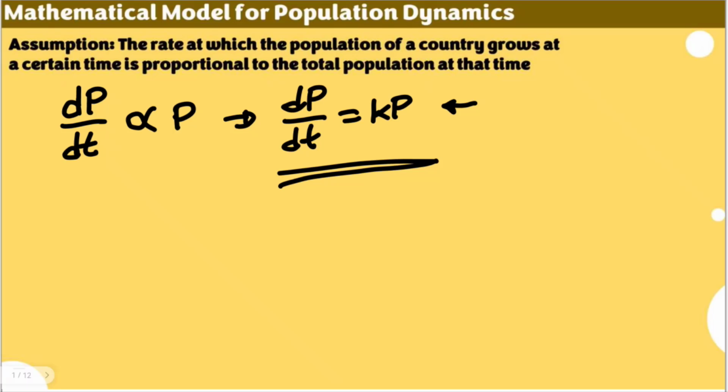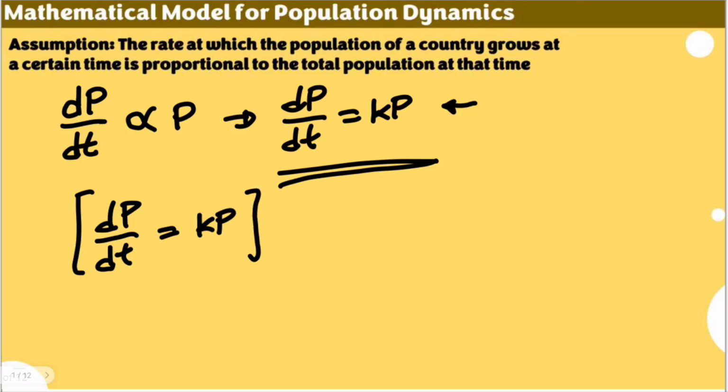Basically, if we talk about a formula for finding the population of a certain group or country at a time, we are actually computing the population P with respect to time and the initial population at hand. So this is how it is formed. We're going to use separation of variables. With the first order derivative of P with respect to t being equal to kP, let's place all the P's on one side. We can do it like this.